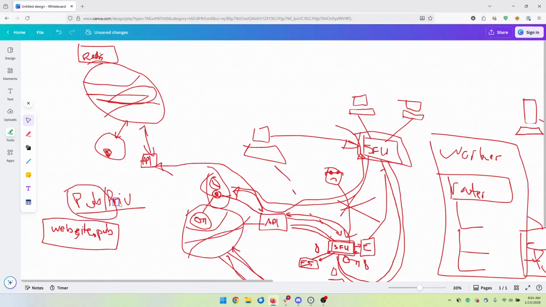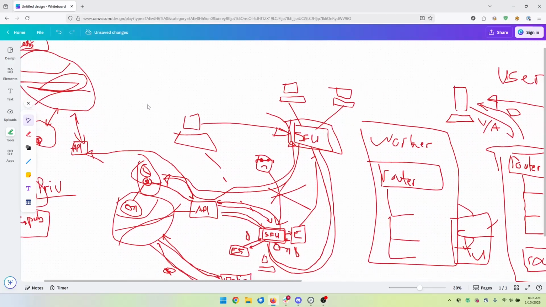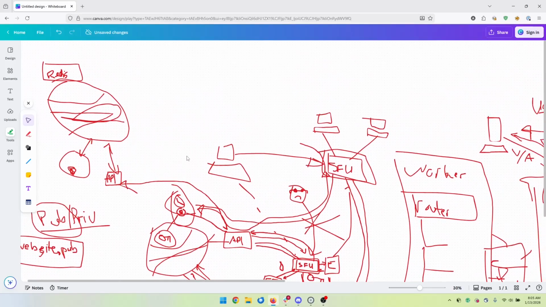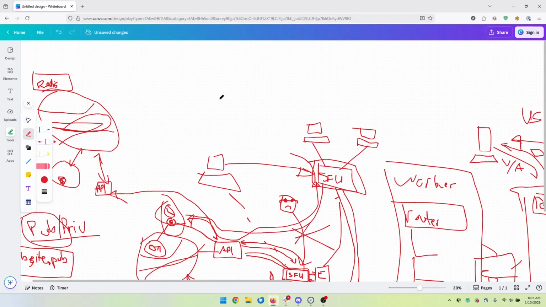There's the public-private key, but there's also a certificate authority authenticating their SSL traffic over HTTPS. And so they authenticate their own SFU. They get authentication through this method